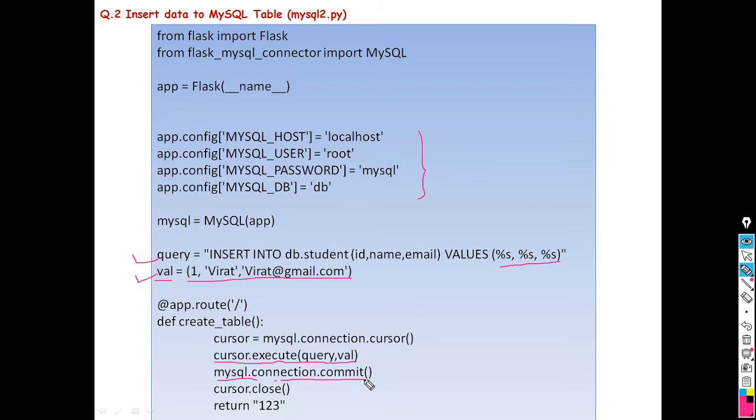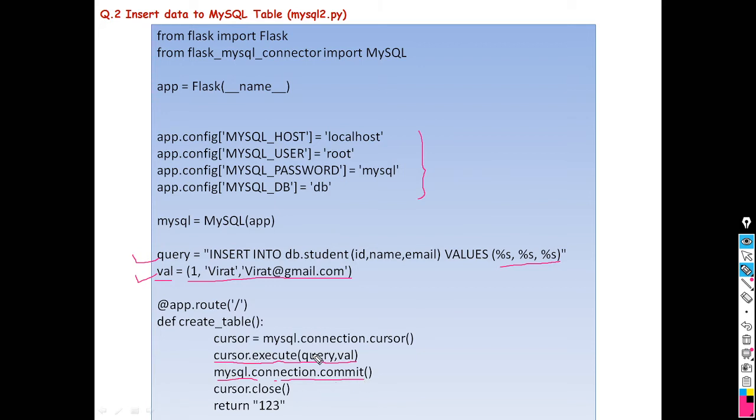This part is very important. You should write the commit statement here. Only once we write the commit statement is the data inserted into the table. That means whatever changes we have performed through this script, those changes are reflected in the MySQL table. Otherwise, what would happen is it temporarily adds the record to the table, but when we look at it in MySQL, it will remain as it is. The records are not inserted into the MySQL table.